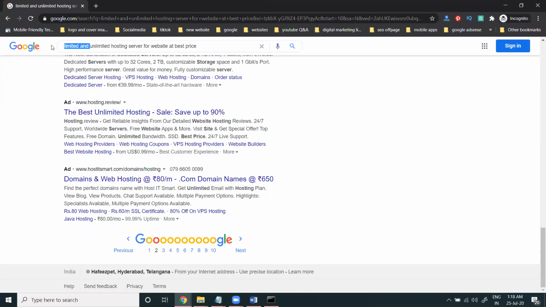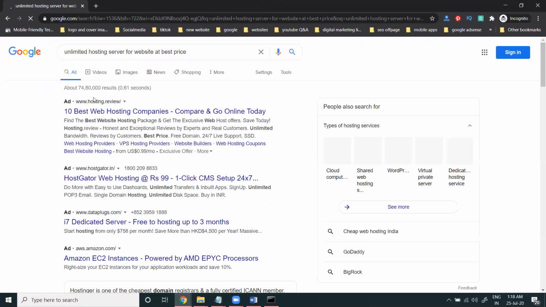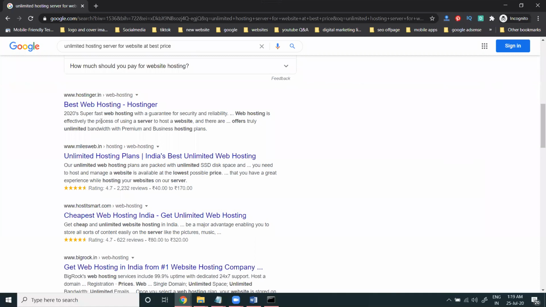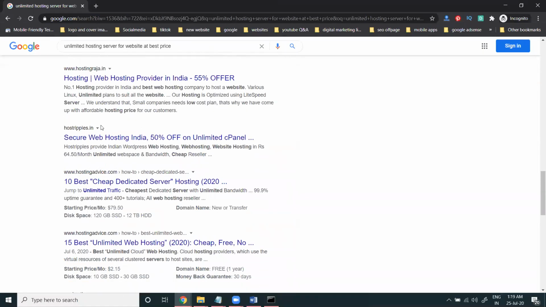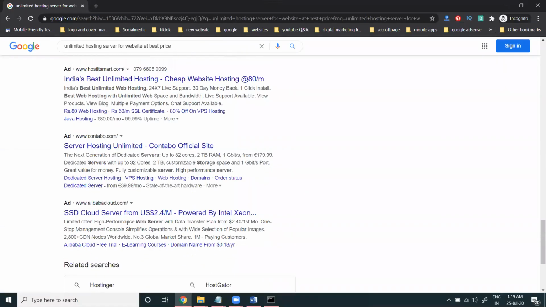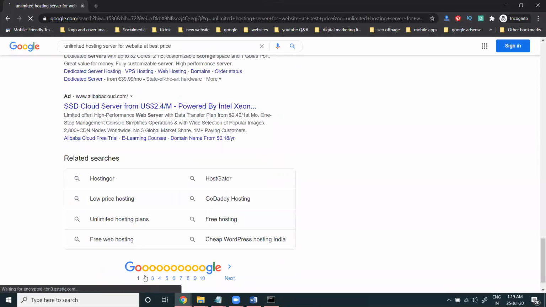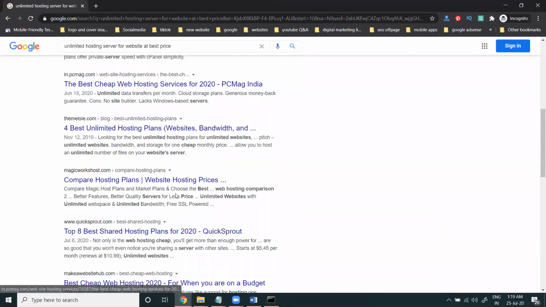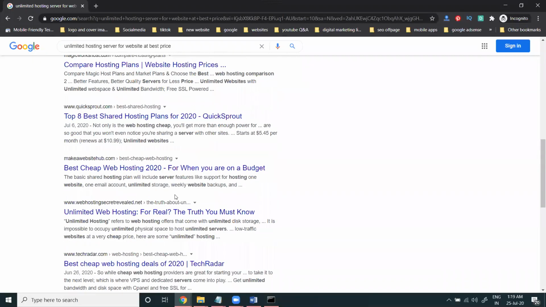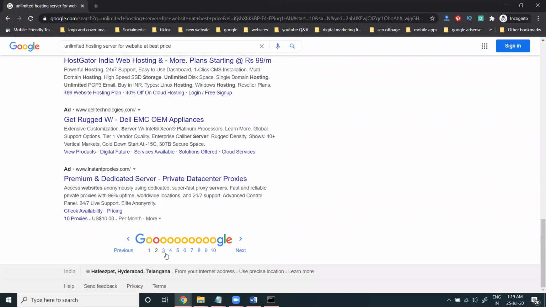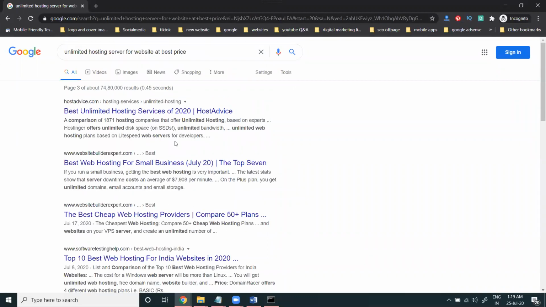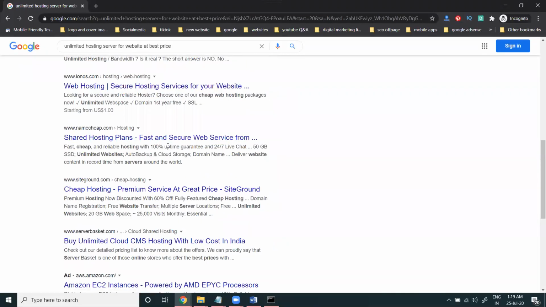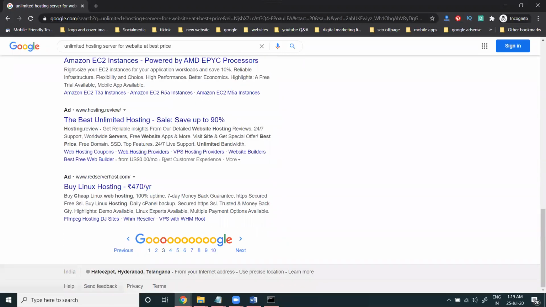So when people search, different people search using different keywords. When people search this keyword and check your website position, the Google ranking is given, and each rank will be here. Four results will show ads and 10 will show SEO organic search results. You have to check your position here, and you can look at your particular website position. So here I am searching a different keyword.